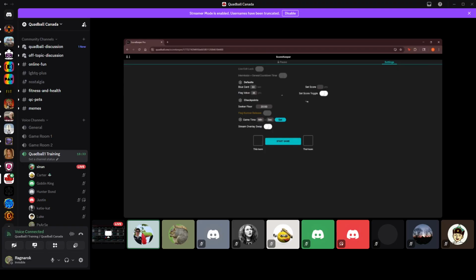You can always come here at the settings and you can reset the timer to whatever you want the timer to be. And please keep in mind that this app also allows us to put a scoreboard on the live stream. So whatever you put on this app is also what the live stream audience sees on the live stream scoreboard. So if you reset the clock to zero here,